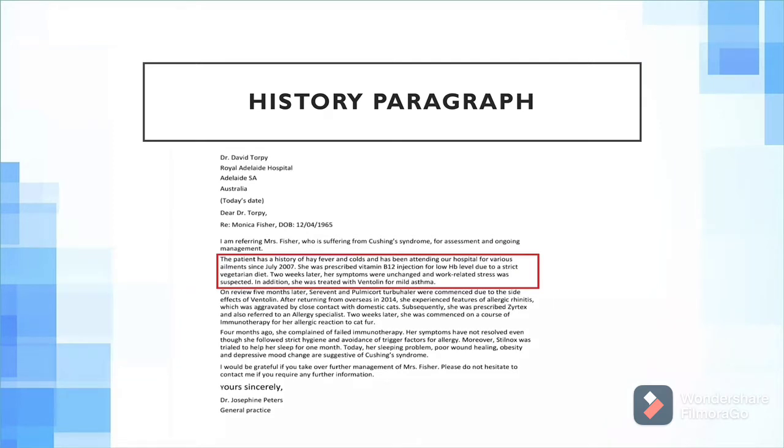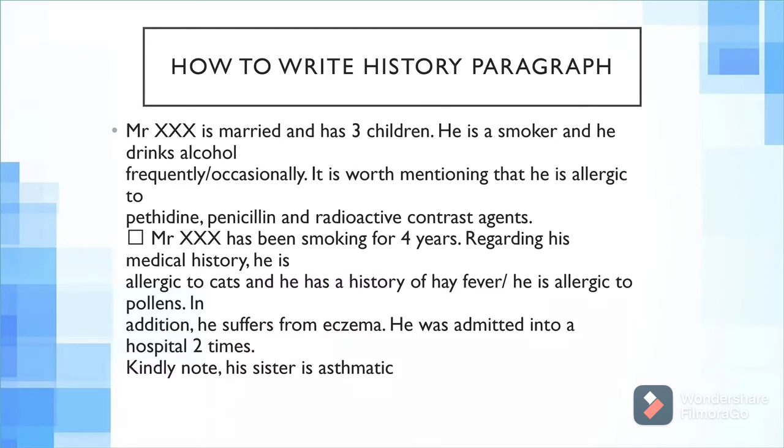For example, if you are referring a patient with uncontrolled asthma, you will not put that her grandmother died of a heart attack or that she had a road traffic accident in the past 2 years. Both of these histories have no relation with the current diagnosis, that is asthma. So that is irrelevant and it can cost you marks in the letter. Next, I will look at some examples to make it easy to write a history paragraph.